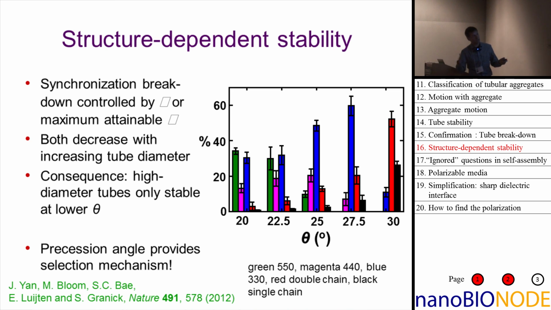Different colors, so this is experimental, so that's why it's not super pretty. But you see definitely that at low angles theta, we see predominantly these green structures. These are huge tubes. And these then gradually disappear at high angles. And you see this is over a fairly narrow angle window.